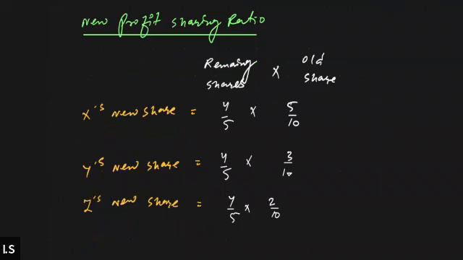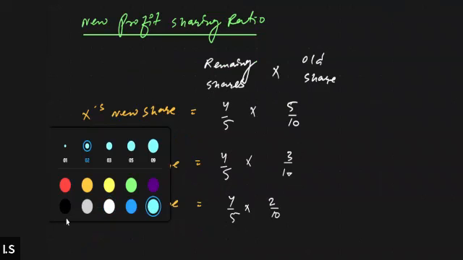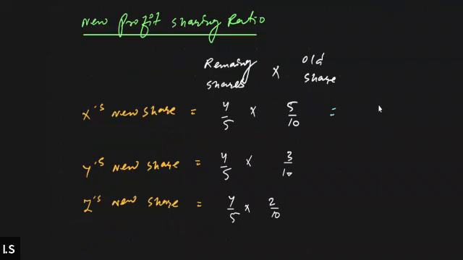Right, everyone? So we can just calculate this and we will get 5 into 4, how much? 20. 10 into 5 is how much? 50. Then 4 into 3, 12. And 5 into 10, 50 again. Then 8/50. Is this calculation clear to all of you? Yes, sir.